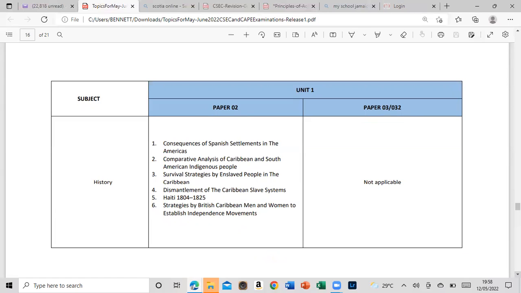All right. Paper 2: 1, consequences of Spanish settlement in the Americas. 2, comparative analysis of Caribbean and South American indigenous people. 3, survival strategies of enslaved people in the Caribbean. 4, dismantlement of the Caribbean slave system. Big up yourself, you pushed for the abolition of slavery. So 1804 to 1825. Now, so far now,